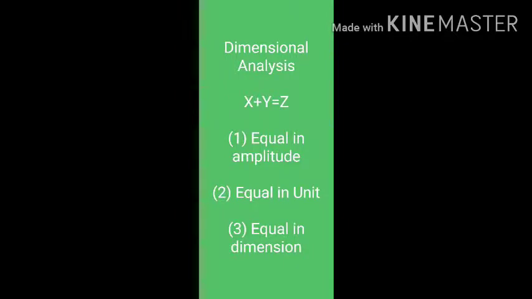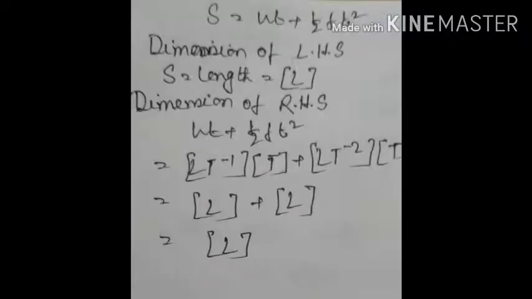With the help of this, we can check the dimensional consistency of an equation, and we can also consider the relation between different measurement systems. At first we will check the dimensional consistency of an equation. We said that an equation written with an equal sign always satisfies the relation: dimension of left hand side is equal to dimension of right hand side.